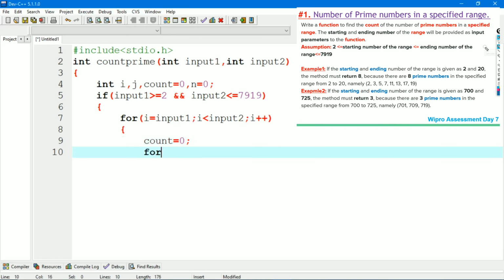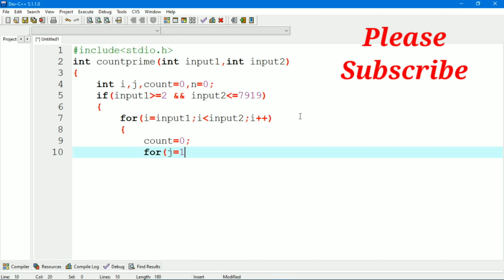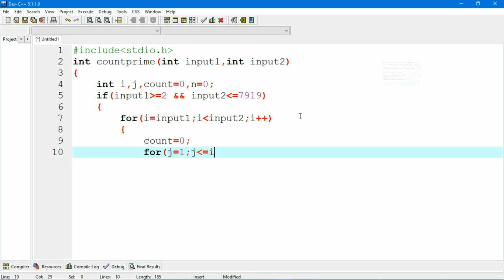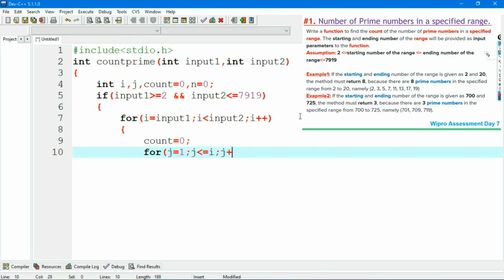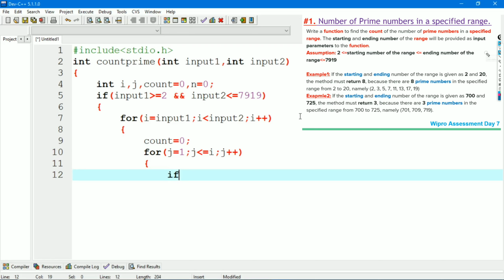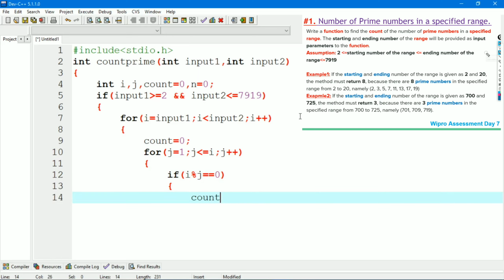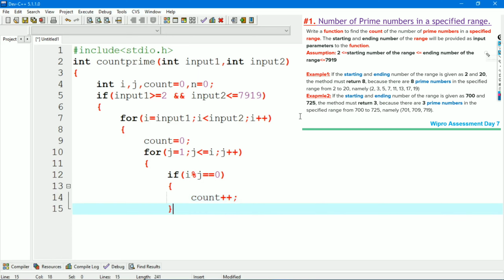Now again we will take a for loop for the j variable: for j equal to 1, j less than or equal to i, j plus plus. Now we will check the condition for a prime number. If i modulus j equal to 0, we will increment the count value.